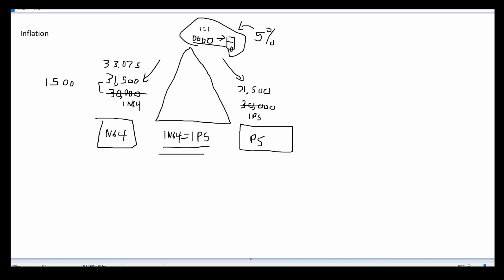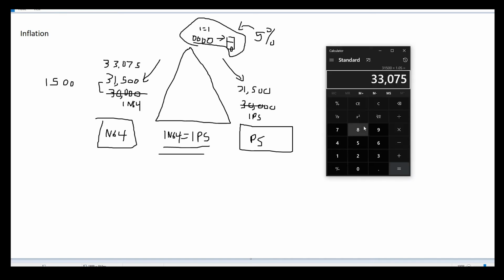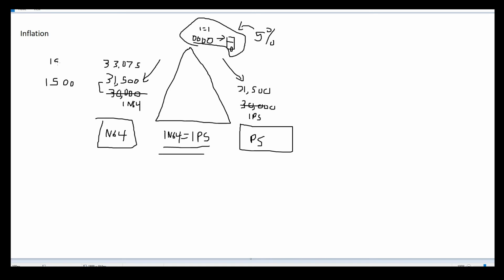So the difference between this one and this one, you can see, and I'll calculate it for you, minus 31,500 is a difference of 1575. Right? There's the difference between this and this. So now an N64 doesn't cost that, it now costs this the next year. And we can erase this, which then theoretically moves this up to 33,075, right? So this happens every year,